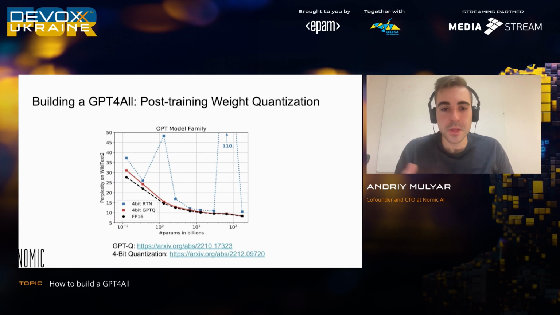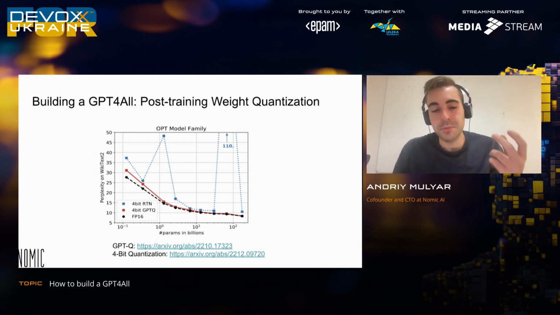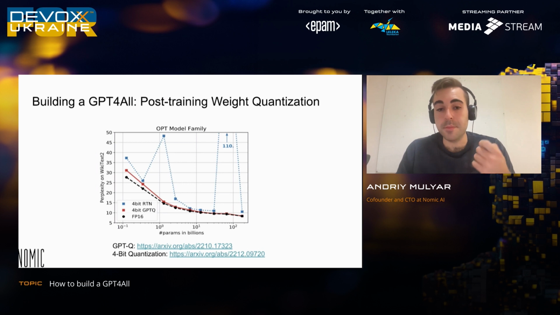What this means concretely is that when you have a 32-bit floating point parameter, you can represent that parameter in many fewer bits while maintaining the quality of the model. And you might think, right? If I take 32 bits and cut it down, specifically, these models usually run in 4-bit precision. That means there are only 16 possible values per weight instead of 2 to the 32nd minus 1 different possible floating point numbers per weight. You might get significant degradation in model quality.